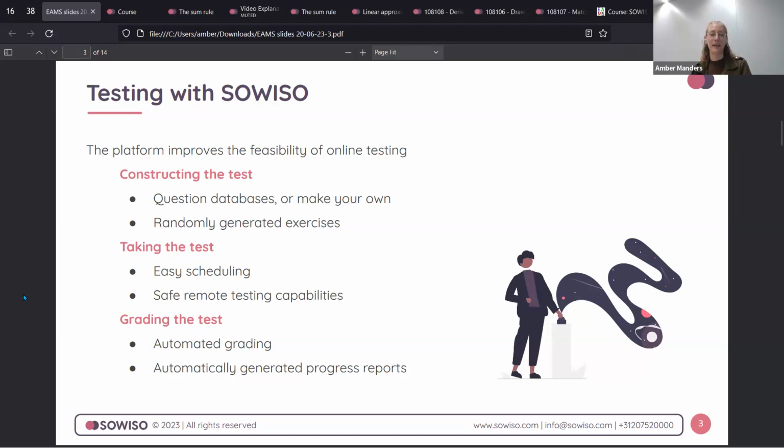And then lastly, we make grading the test easy by implementing automated grading. The computer automatically checks the exercises of the students and then gives a percentage based on how well they did every exercise. And it also automatically generates progress reports, so you can see how well your students did.